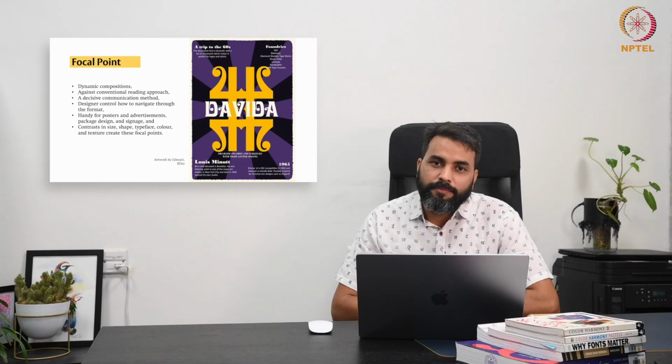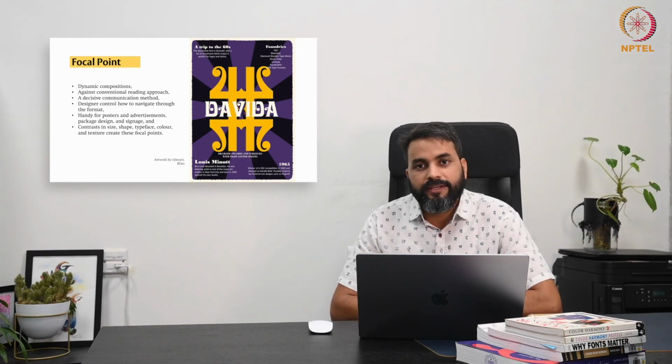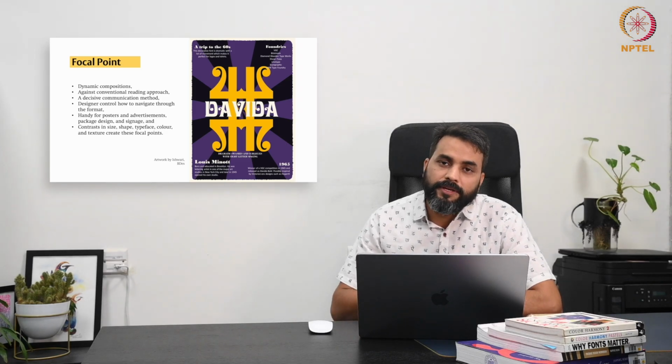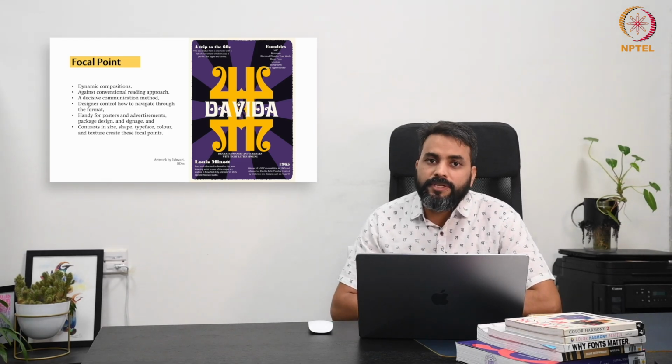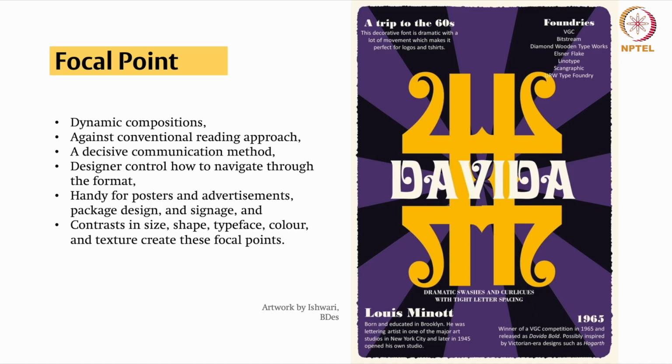There are different typographic principles which can help to create an engaging and functional design. As said earlier, these principles are like the principles we have covered in detail during the sessions on design principles. However, here they are visualized and understood in reference to typography or letters. The first important principle in this category is focal point. A focal point is the area of composition that immediately draws the viewer's attention.